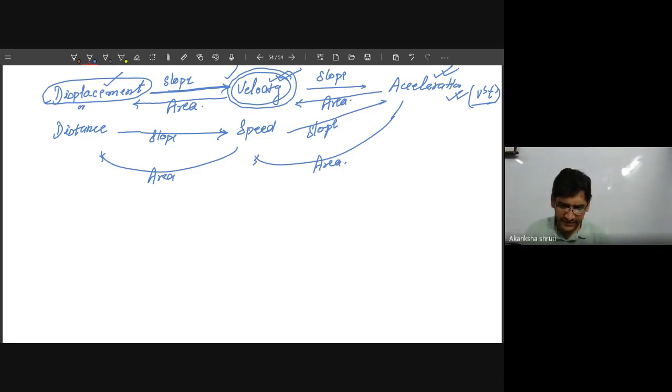Now the question is whether from the acceleration we are getting the velocity or speed. It depends on how you are going to add the different areas under the acceleration time graph. If it is added algebraically, means only without any sign, it will give us speed, but along with the sign, because the area under acceleration time graph may be positive or negative in some cases, then it will give us the velocity. These things you will learn in higher standard. Okay, student. So this is how you have to keep in mind.